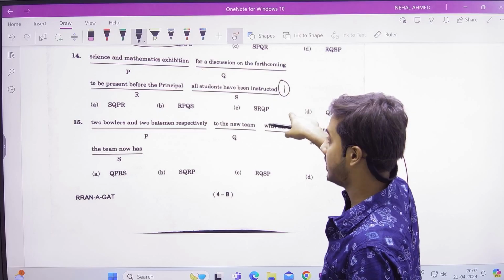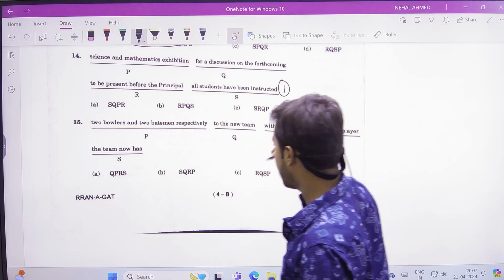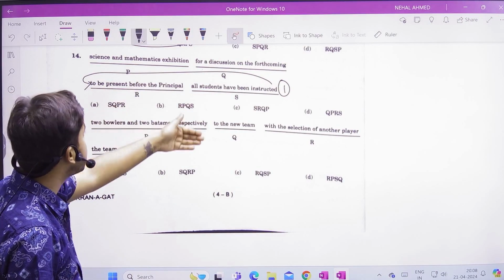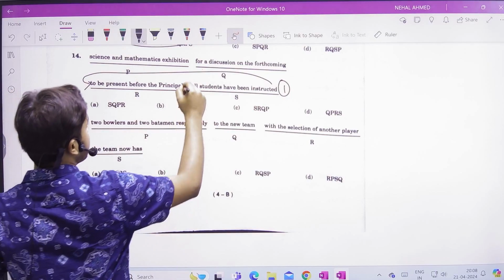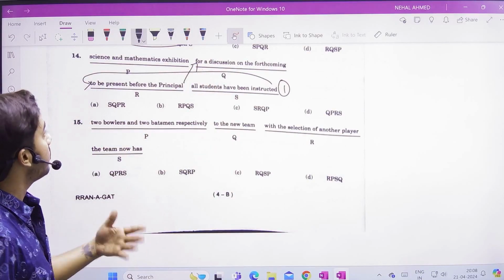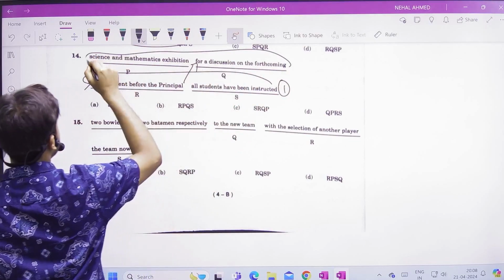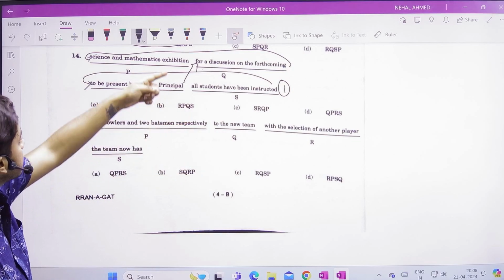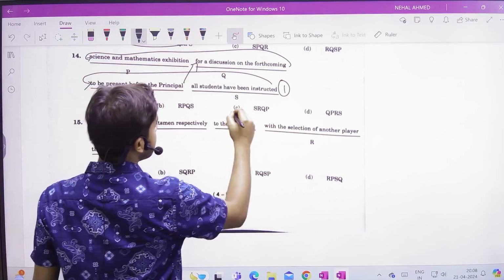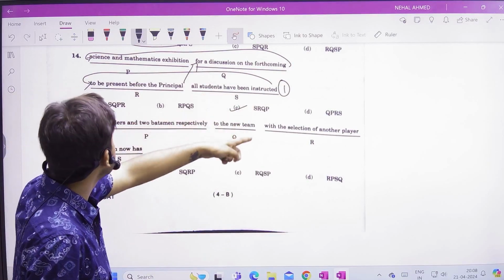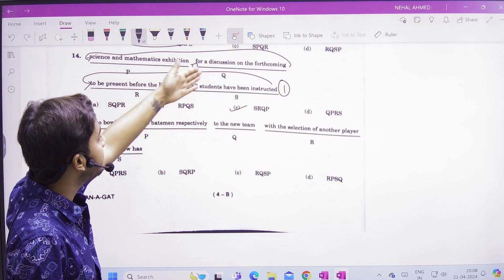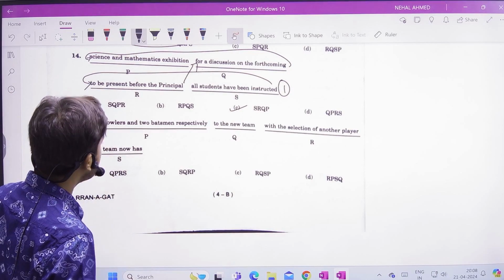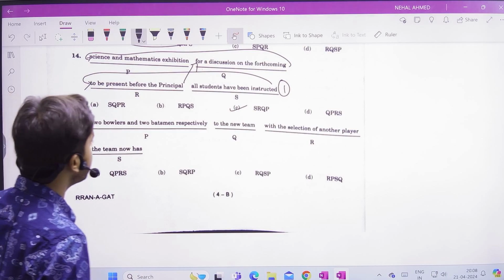All students have been instructed. Instructed to do what? Instructed to be present. So all the students have been instructed to be present before the principal. Well, for what? For a discussion on the forthcoming what? Forthcoming science and mathematics exhibition. Right? So that is SRQP. All students have been instructed to be present before the principal for a discussion on the forthcoming science and mathematics exhibition. Going to the next sentence: two bowlers and two batsmen respectively to the new team with the selection of